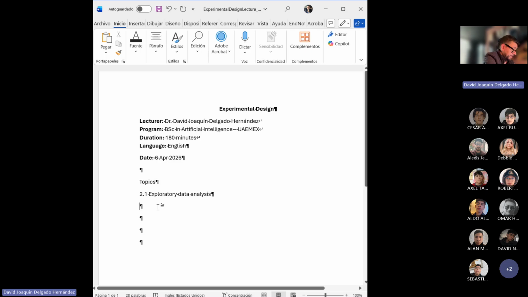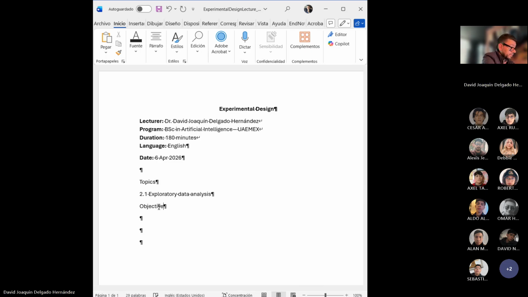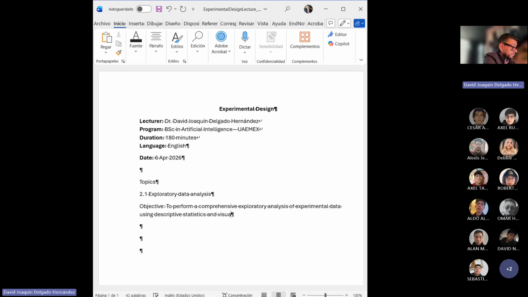Here the objective is to perform a comprehensive exploratory analysis of experimental data using descriptive statistics and visualization techniques